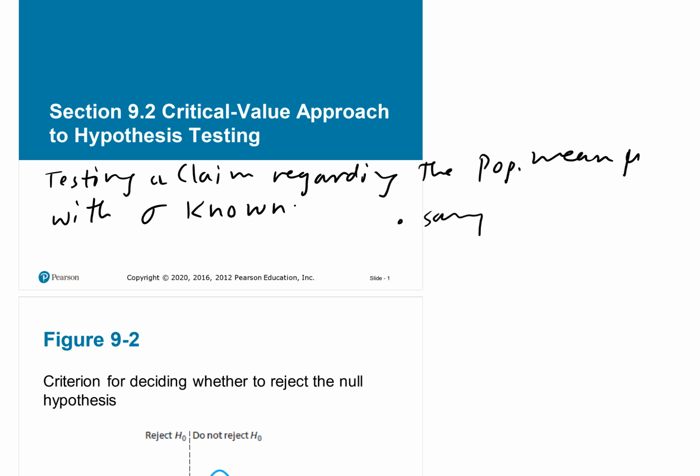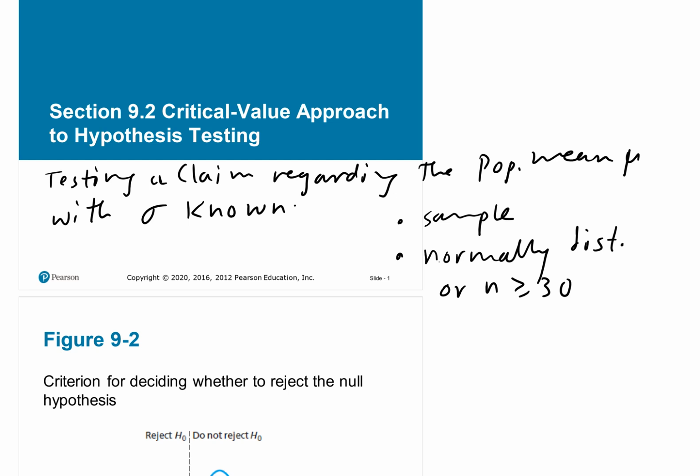You group that sample, making sure the sample has no outliers and the population is normally distributed. So the population where the sample was taken is normally distributed, or n, the sample size, is bigger than or equal to 30. If these things are done properly, then we first start by